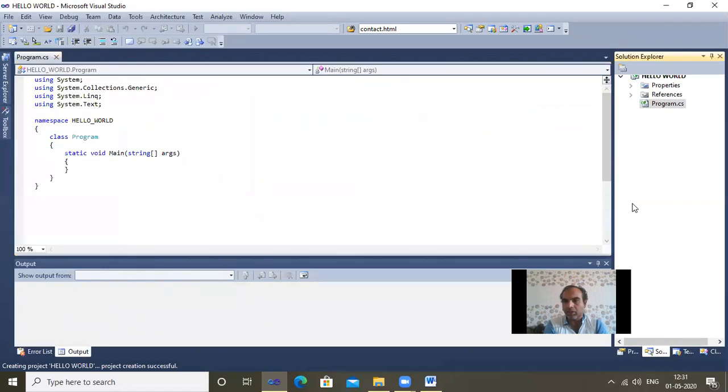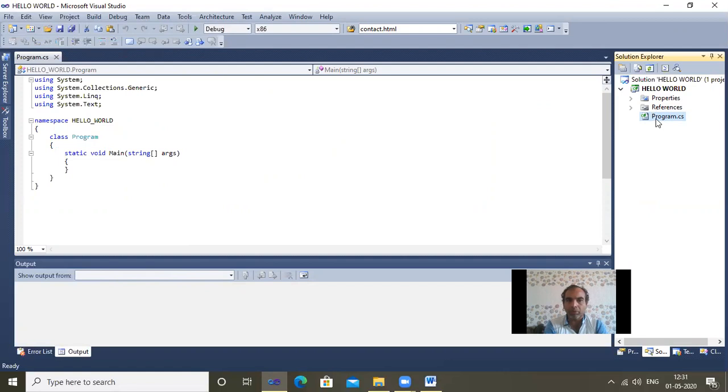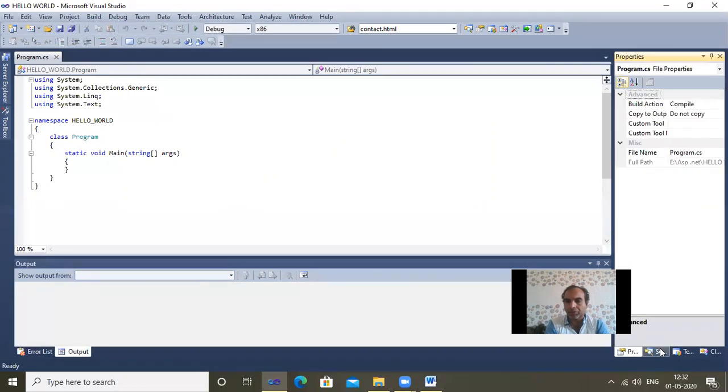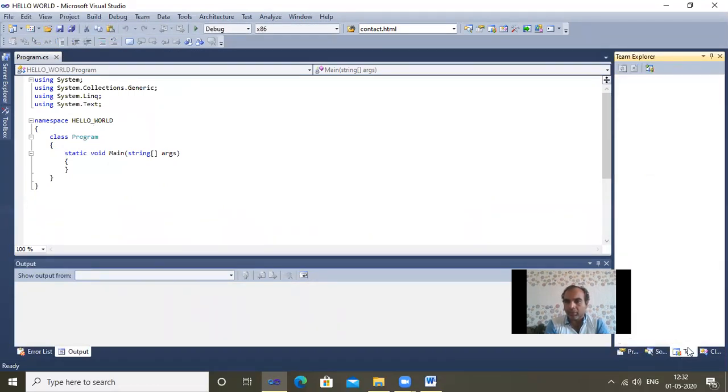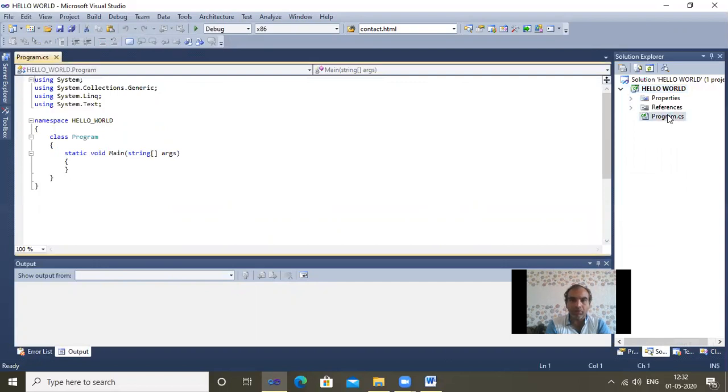Now we can see in the Solution Explorer, it is Hello World. It is the solution name, and the program name is Program.cs. That is your class name, and the namespace name is Hello underscore World, right? See, on the right side we have the Properties box, Solution Explorer, Team Explorer, Class View. Mostly we are using those two things, properties of the objects and Solution Explorer. Here we are seeing Program.cs, that is your C# file. When you double click on it, we can see that the Program.cs file is available here in the console application.